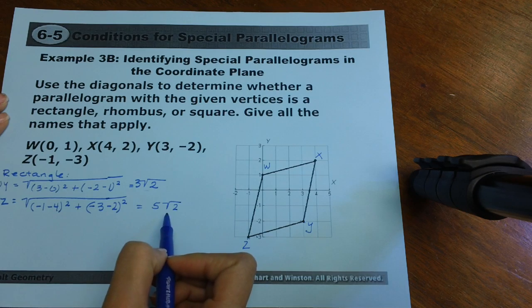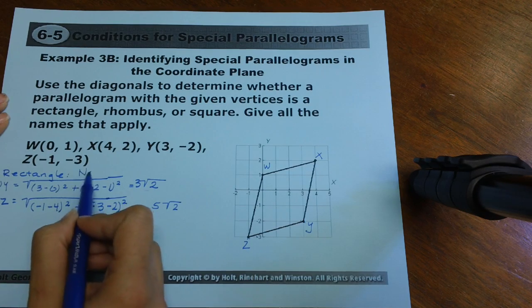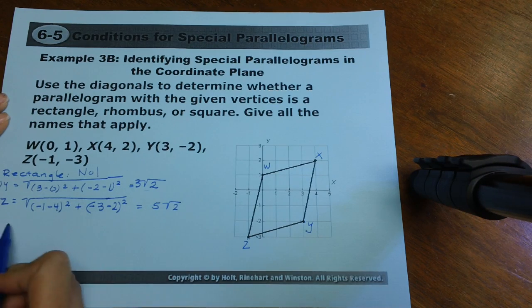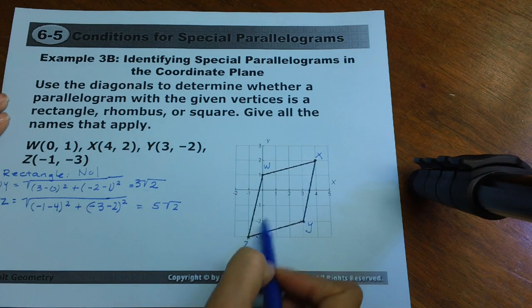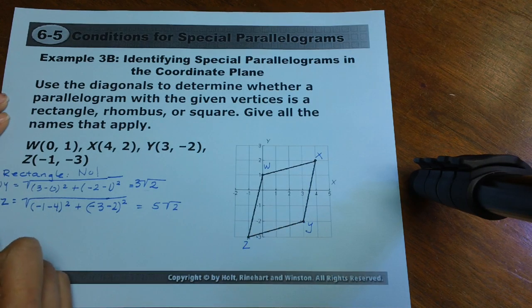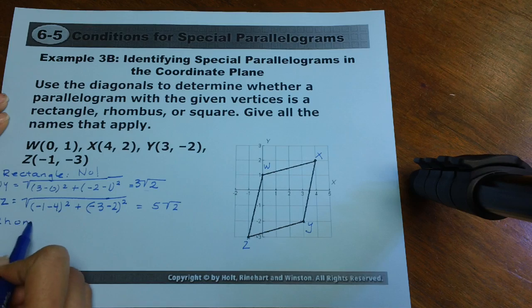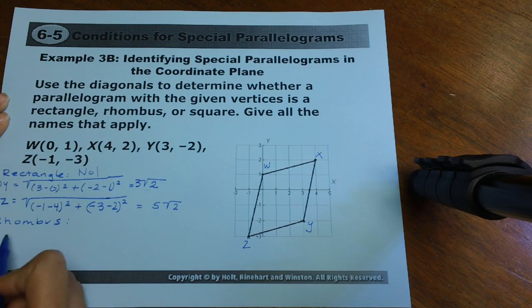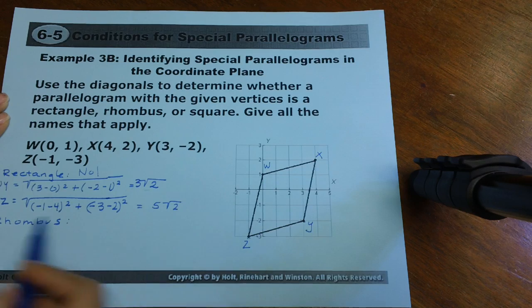So our diagonals don't match. We know that this is not a rectangle. We need to check if it's a rhombus. So in order to check if it's a rhombus, we need to know that our diagonals are intersecting at a 90-degree angle. So we need to find the slopes of the diagonals. Finding the slope of WY